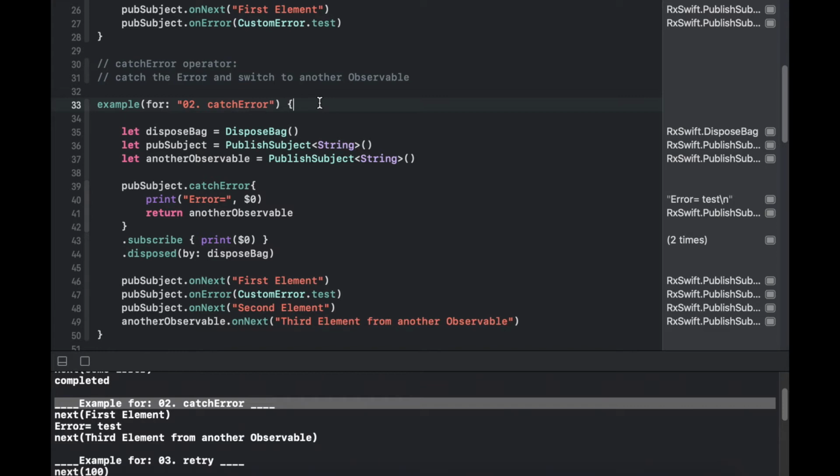In the example starting from line number 33, you can see that on lines 36 and 37 we have declared two PublishSubjects.